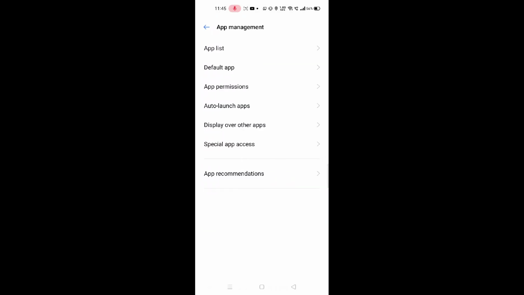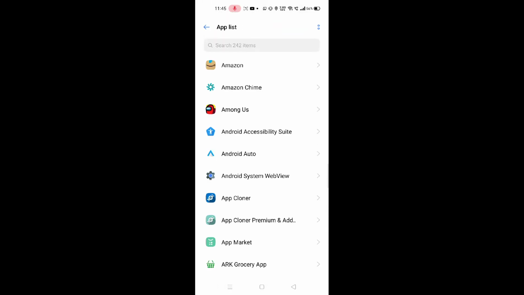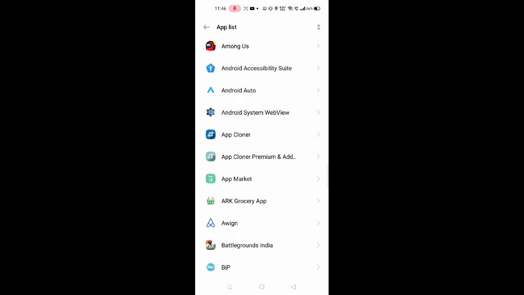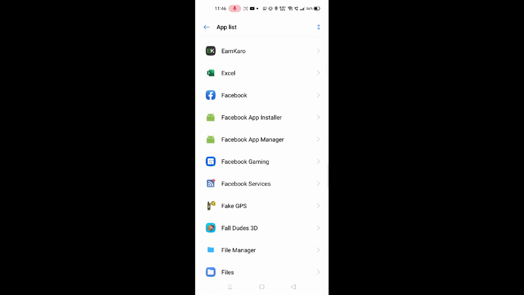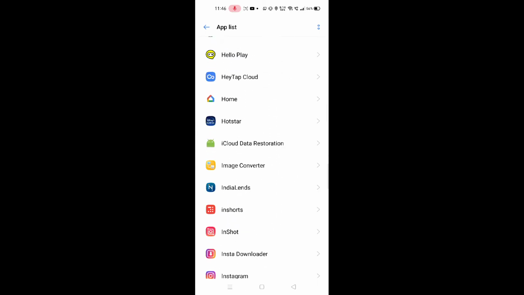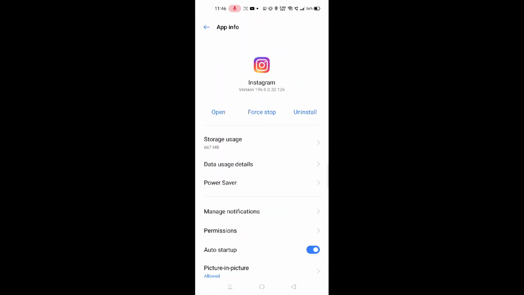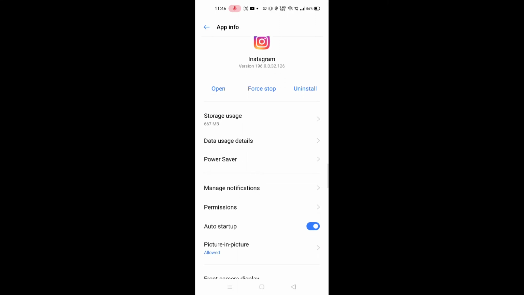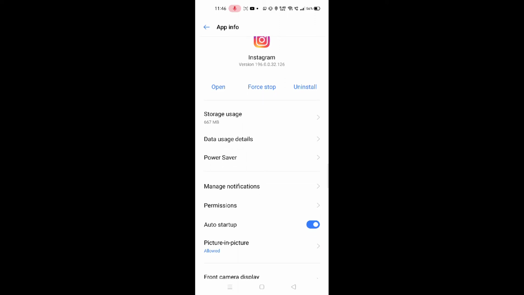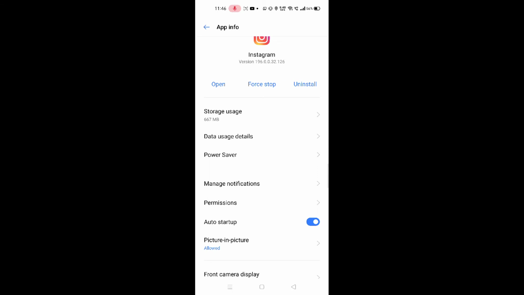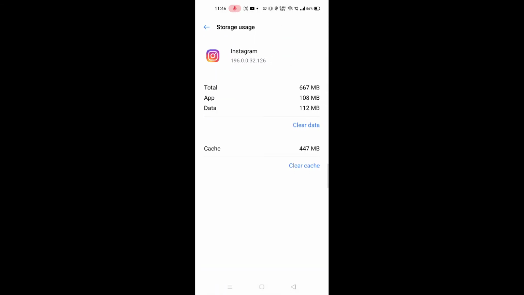Here I click, and here in the first you can see this app list. So in this app list, come and scroll down. You have to search for Instagram. So here I got Instagram, and so guys, you can see this force stop. You have to click in this force stop and come in the storage uses. So you have to clear these caches, and clear data,